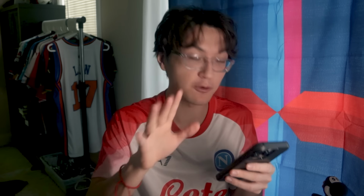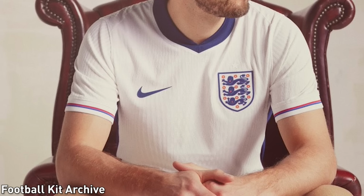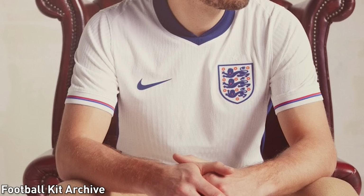So where were we? Oh yeah, England home shirts. For once, I think Nike actually cooked here. They've brought back that thick dark blue color that just gives you the nostalgia of England back in the 90s and even early 2000s. And you have these touches of red and blue on the cuffs there. It's a really clean design, and if I didn't say this already, it's probably my favorite England shirt in the